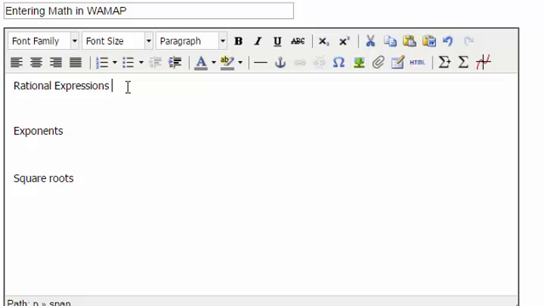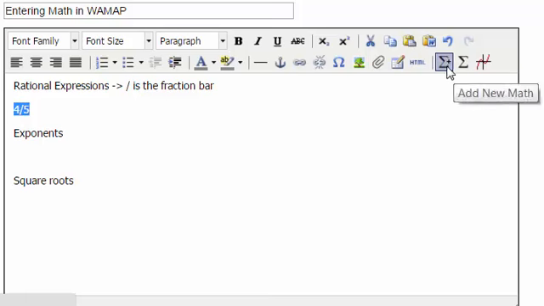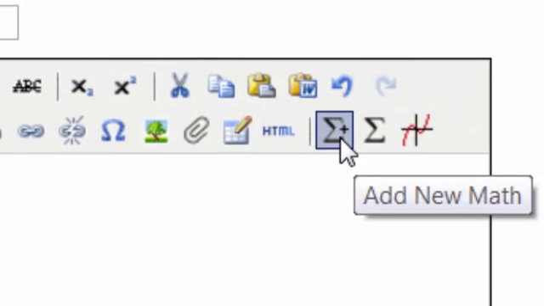All right, so for rational expressions, these are basically fractions. And so to make a fraction, the slash is the fraction bar. Okay, so let's say I want to make the fraction 4/5. Well, I type that slash and I don't see a nice vertically presented fraction. But if I highlight it and then click this button right here, which is the Add New Math button,